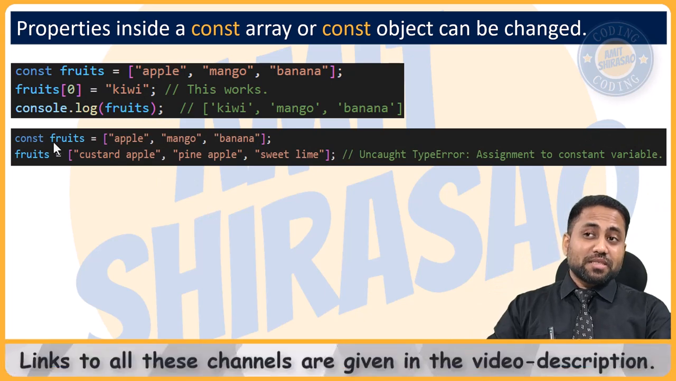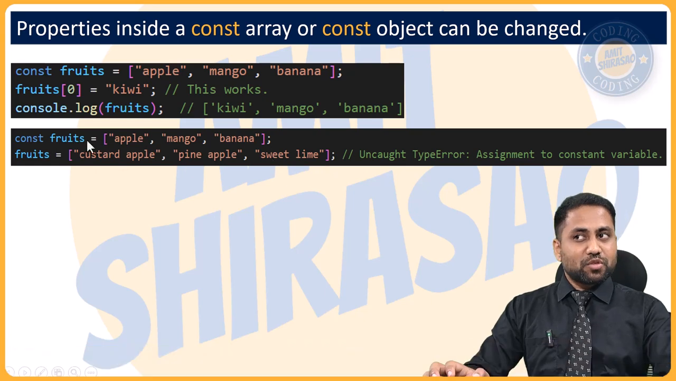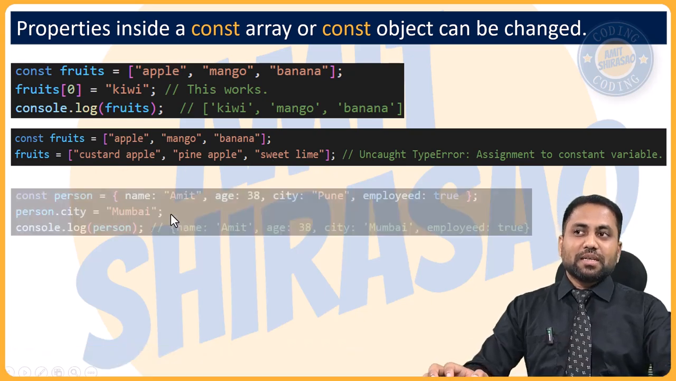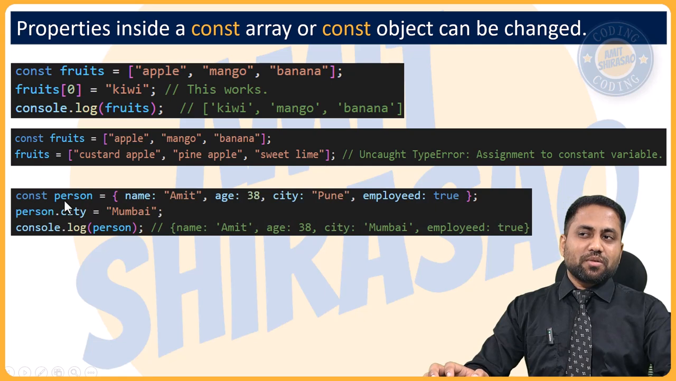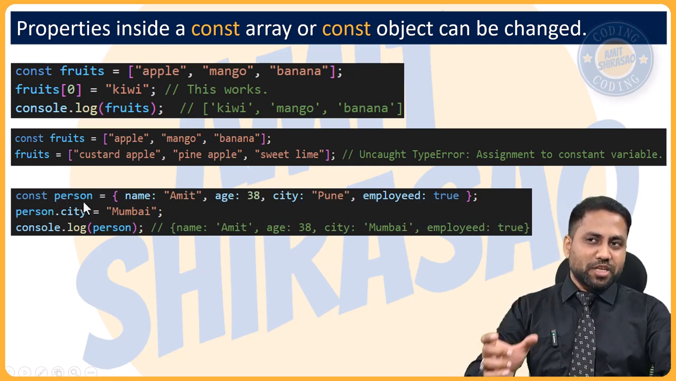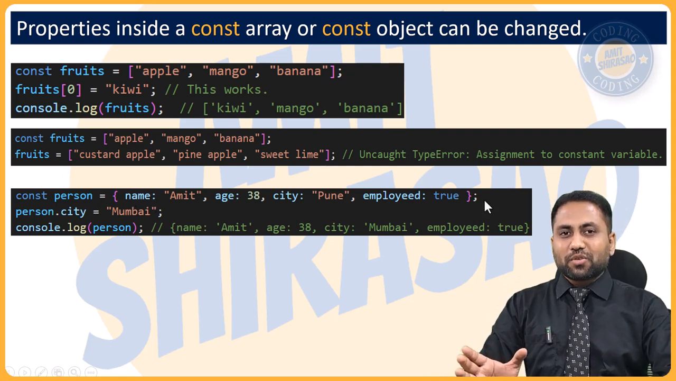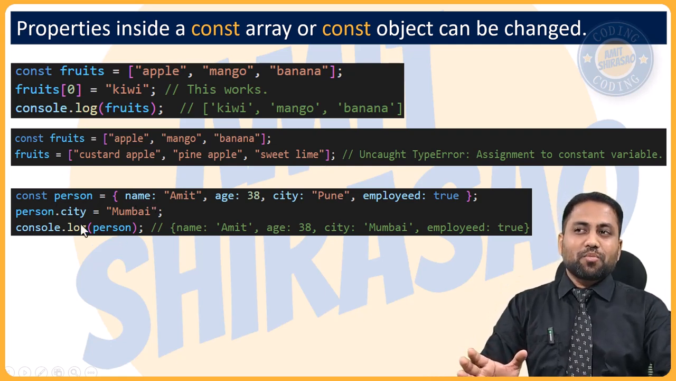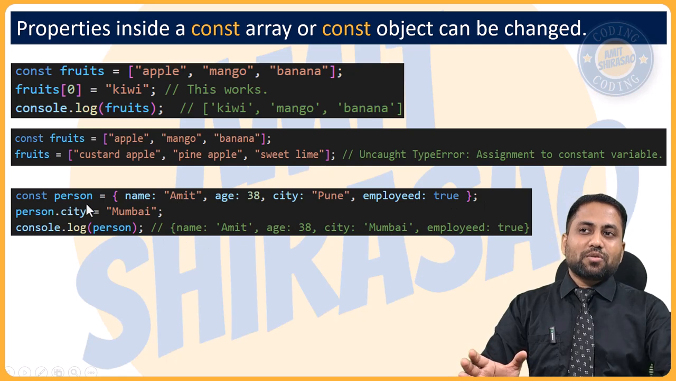Similarly, but this is not possible. You cannot assign an absolutely different array to fruits. Got the idea? Similarly, if this constant variable were an object, then you cannot assign a different object to it, but you can always change the properties of that object. So here person.city is Pune, I can make it Mumbai, and then if I console it out, you'll get Mumbai,